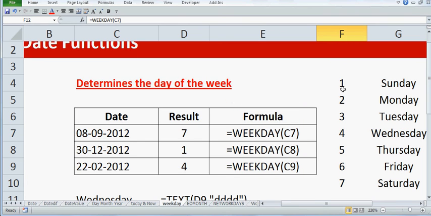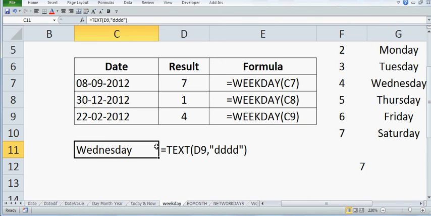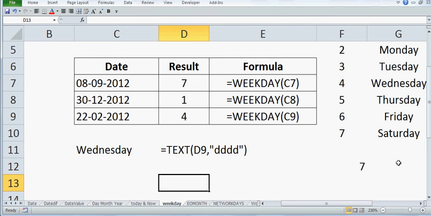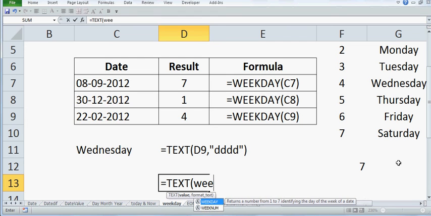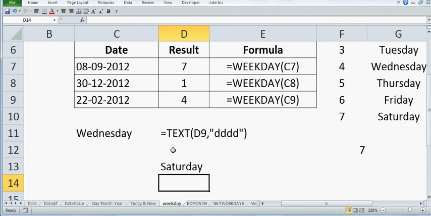Like I was telling you, you can use the WEEKDAY function. Now let me show you how. Suppose instead of this 7, you want to write the complete text, like Saturday. What you can do is equal to TEXT, WEEKDAY, Saturday.